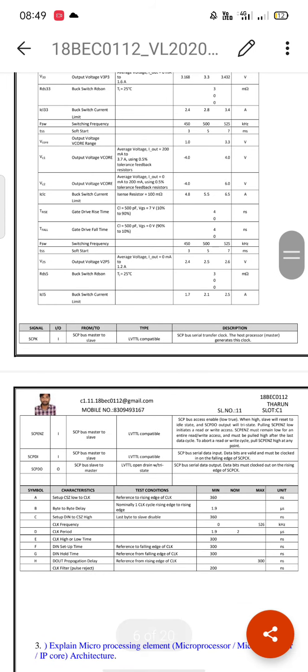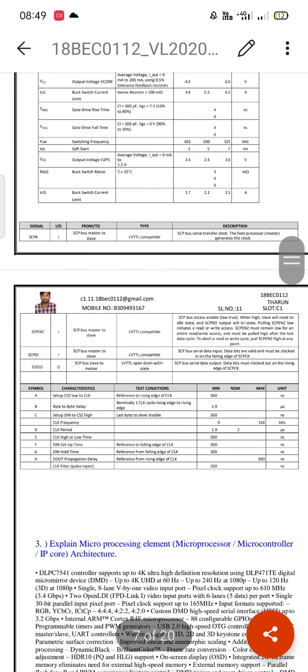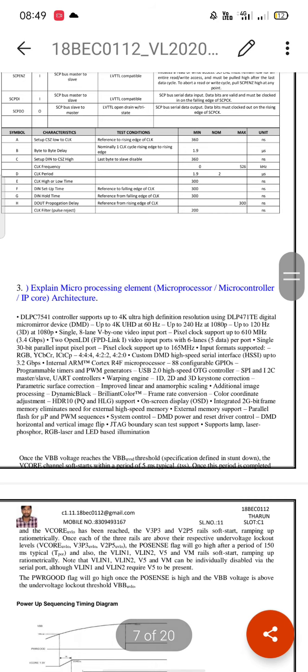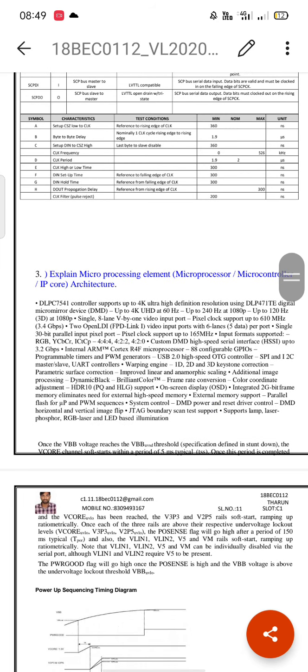of my microcontroller, and these are the characteristics of my microcontroller and their test conditions, units, and maximum and minimum values. The third question is to explain the microprocessing element. Basically the DLP-PC7541 controller supports 4K Ultra HD high definition resolution, and it supports 4K UHD at 60 Hz. At 24 Hz it supports 1080p, and at 120 Hz it supports 3D 1080p,